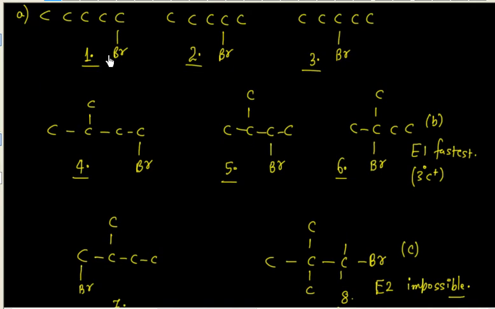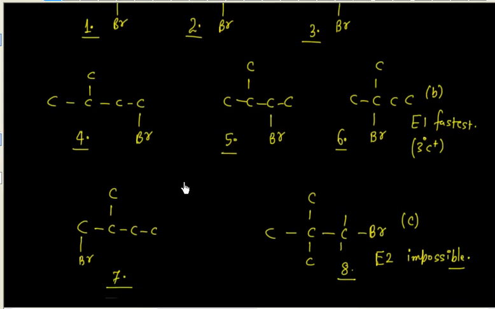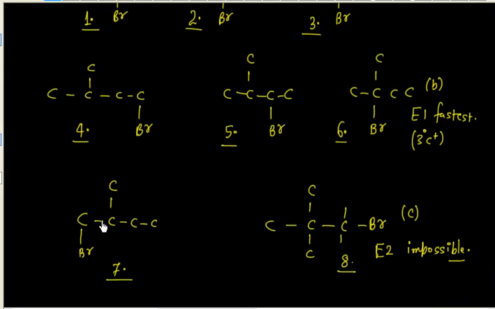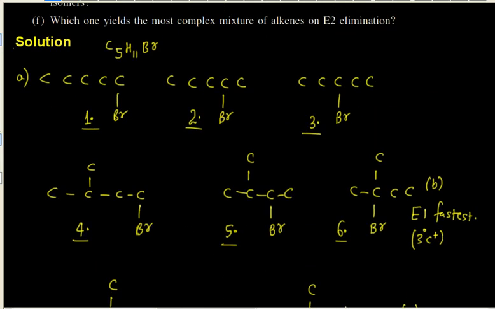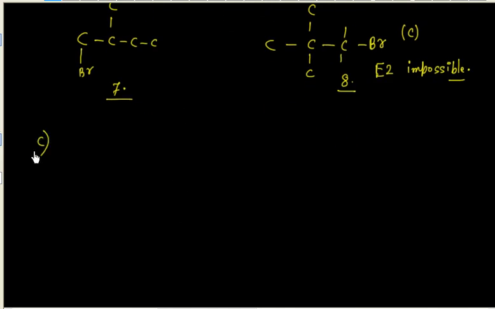Now in this case, yes, I will have the double bond only this side. In this case also, I will have a double bond only this side, no cis or trans. But in this case, I will have this side and this side, so not a good idea. In this case also, only a primary alkyl halide. Are you getting or not? So only a primary alkyl halide will give you only one product. So let us write the answer for D: only primary alkyl halide will give only one product.